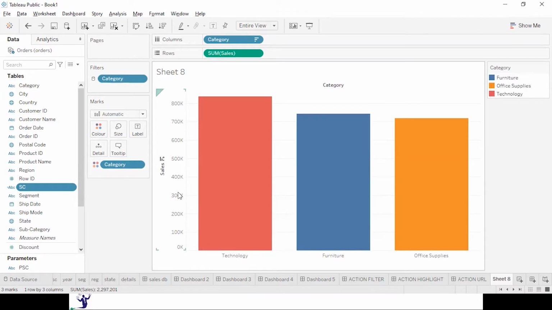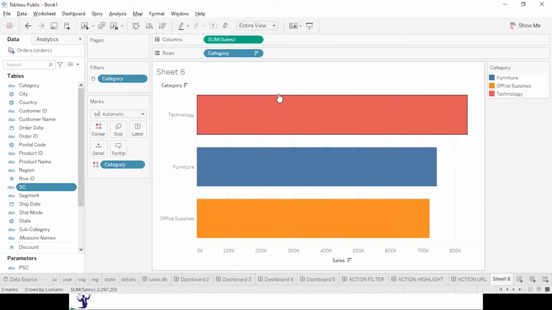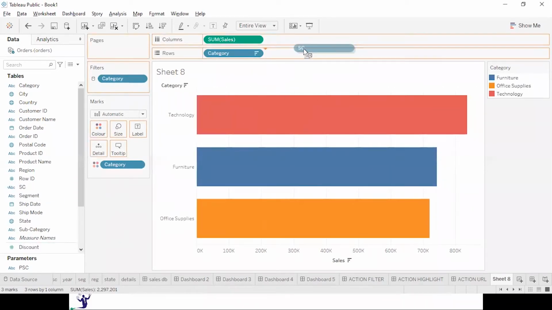Here it is, and I will put the subcategory. Let me make it as a horizontal bar chart. And I would like to put the subcategory into the details this time.